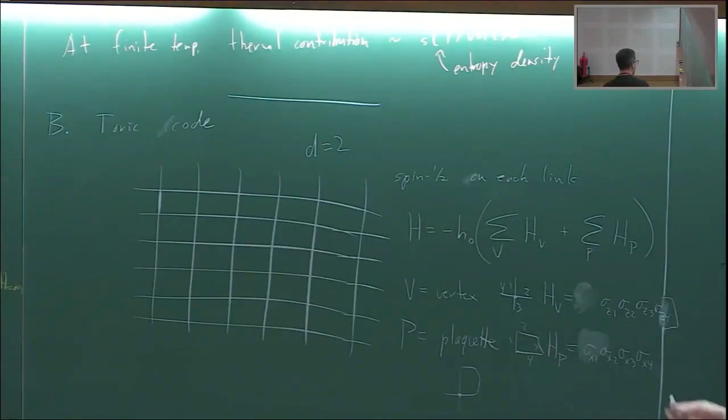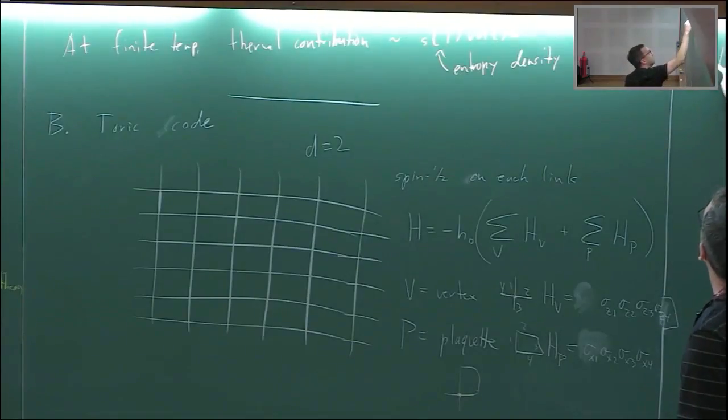Similarly, the vertex operators all commute with each other because they just involve sigma z's, and the plaquette operators all commute with each other because they involve just sigma x's. So aren't we lucky? All the terms in H commute with each other,